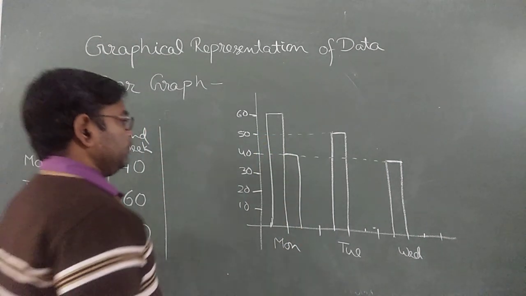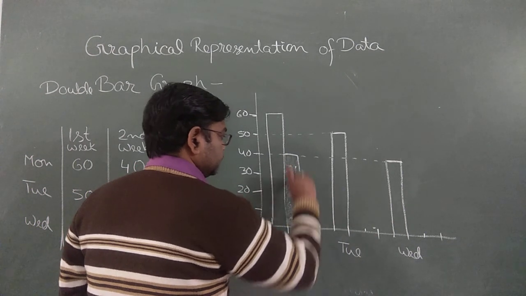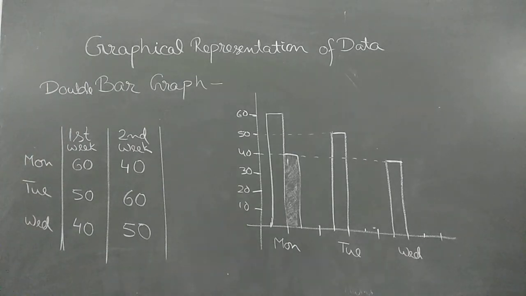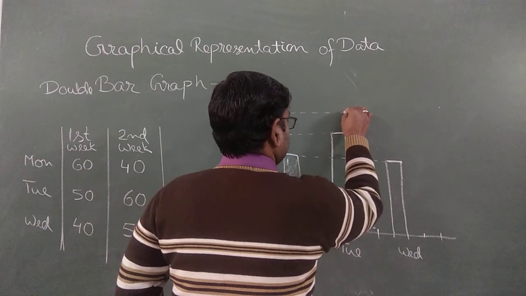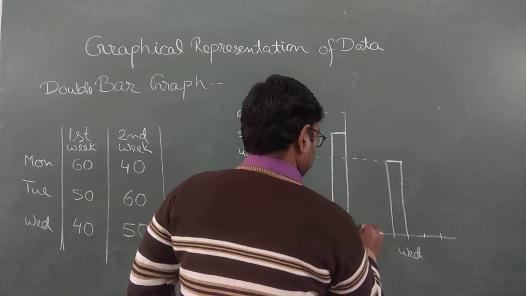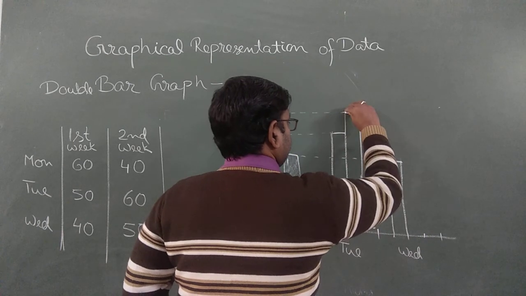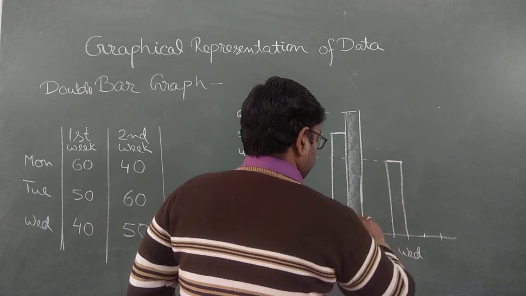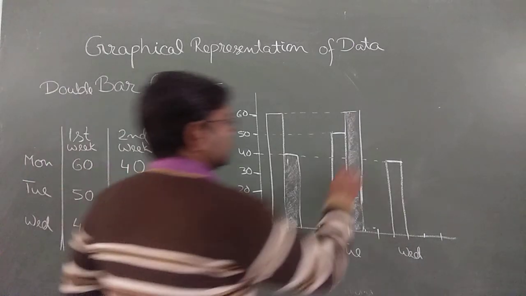This is for the second week. We shade this one so that we can easily understand which one is for the first week and which one is for the second week. That shaded one is for the second week. Then on Tuesday it's 60. This is for Tuesday. On Wednesday it's 50. So see,